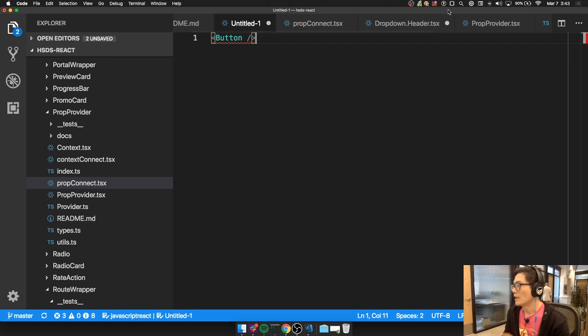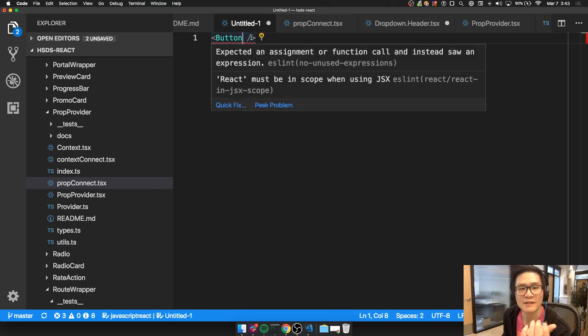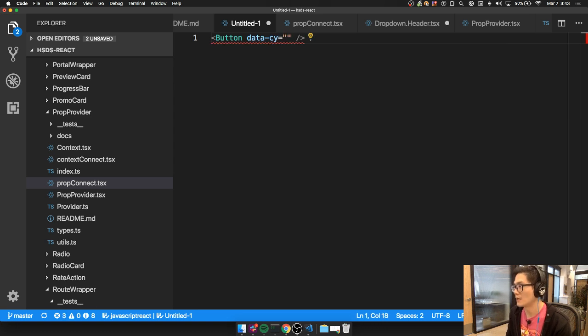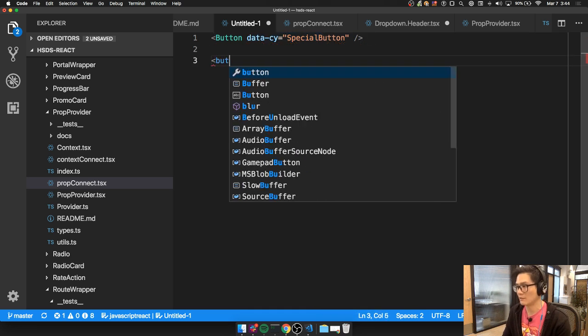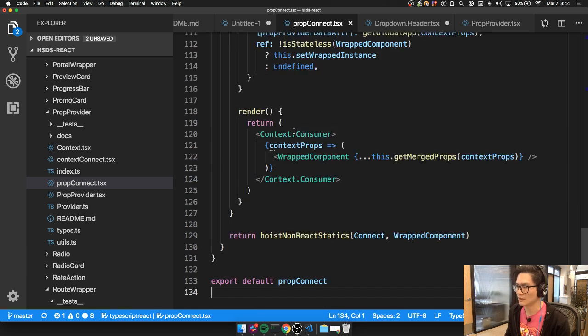And the order of this matters here, because it's nice to have a data sci by default, but then also maybe you need to have a special data sci button for a very specific use case. So if I put my own data sci here, it'll then evaluate to data special button like that. But if I change the order of this,